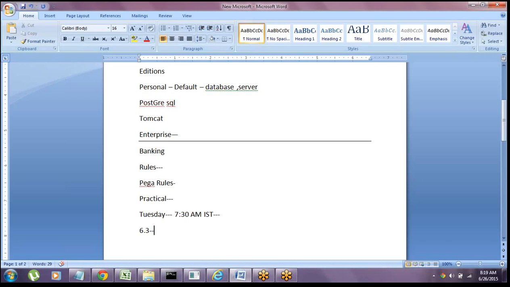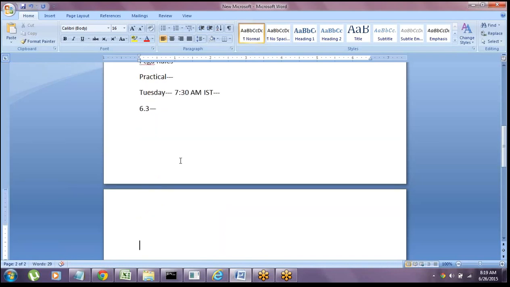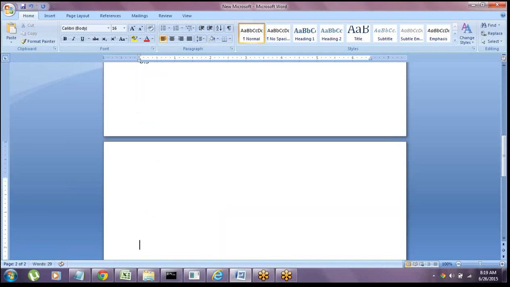So there is a lot of difference you can observe, guys, between the 6.3 and 7.1 version. At that time you can understand. There are a lot of changes in the latest version, 7.1. And coming to the other things, throughout the training you'll be doing one application, right? You'll be getting all the materials on Pega. You'll get the Pega software. You can install the software in your system, guys.